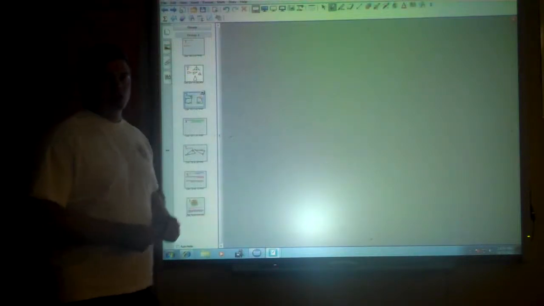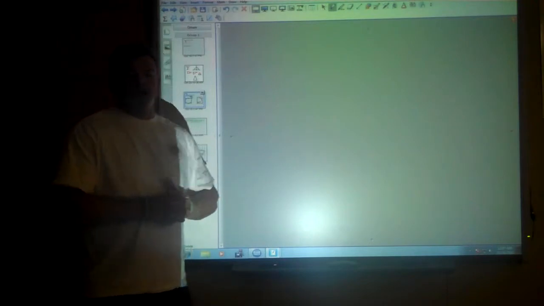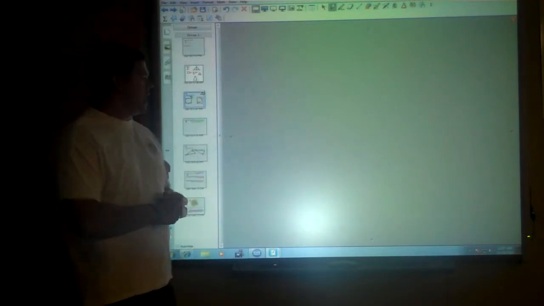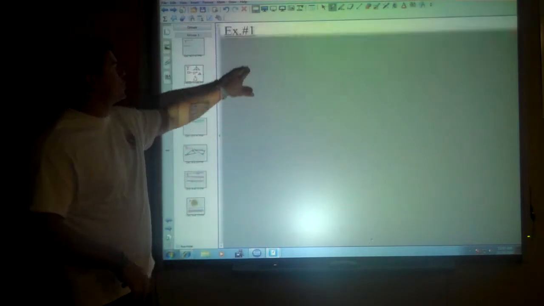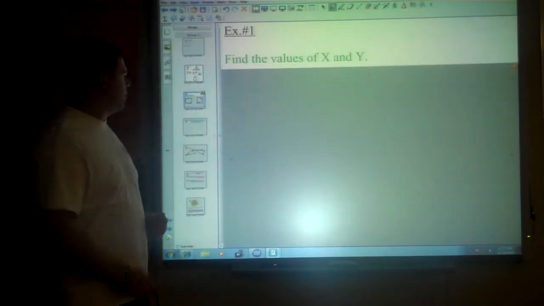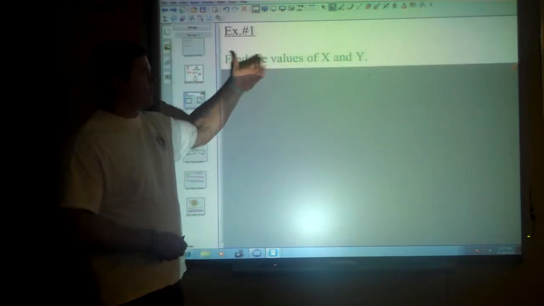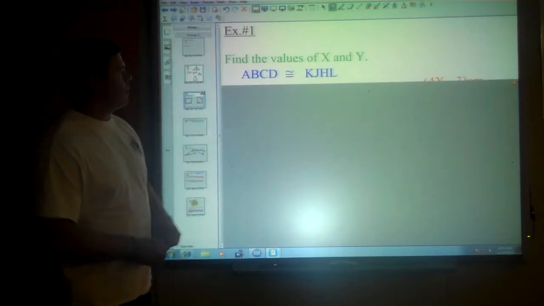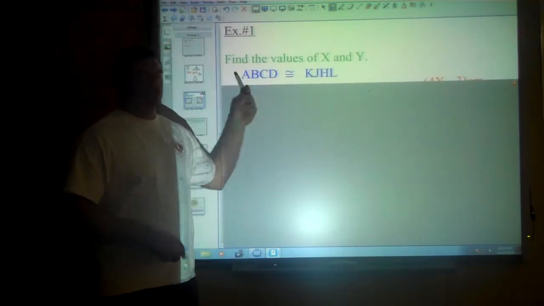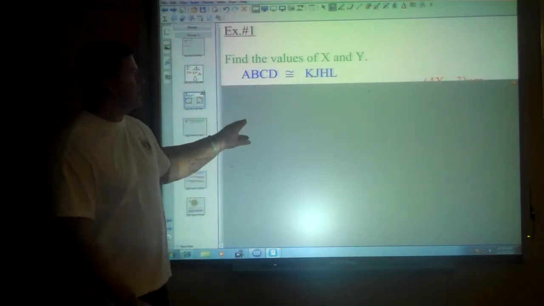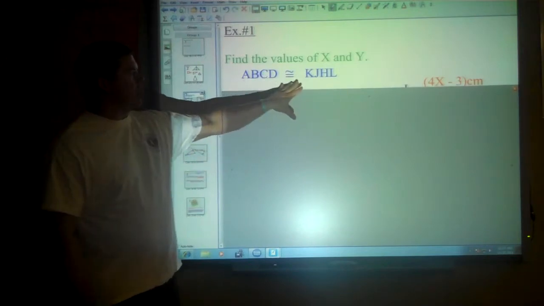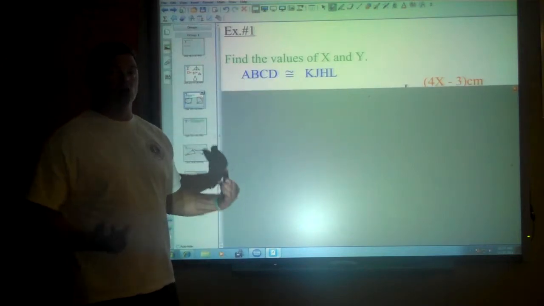Geometry lesson 4-2. We're going to get a little more detailed now and talk about congruent shapes. And one of the things with a congruent shape, in this example, we're going to look at values. We're going to try to find the values of x and y. This is what we would call a congruency statement. So we're stating the parts that are congruent. It may not seem like this is that important, but the congruency statement actually tells you quite a bit.